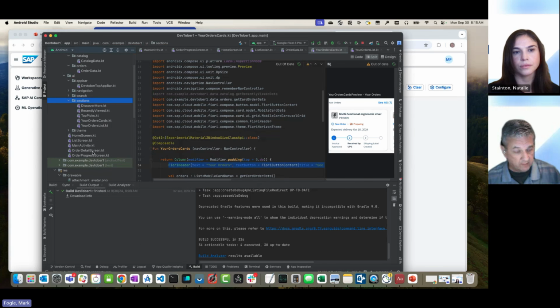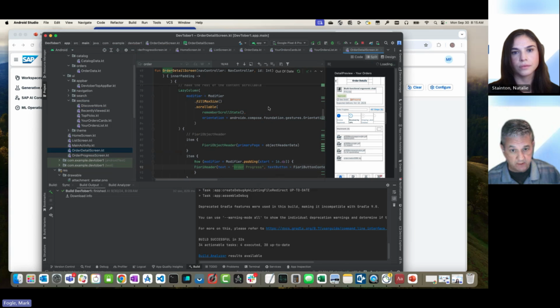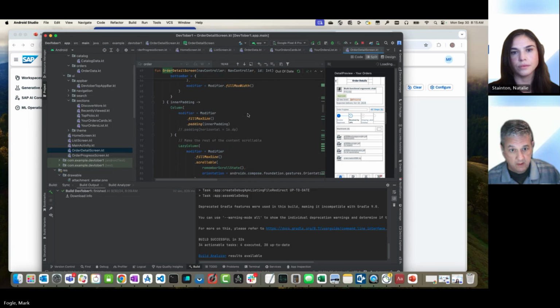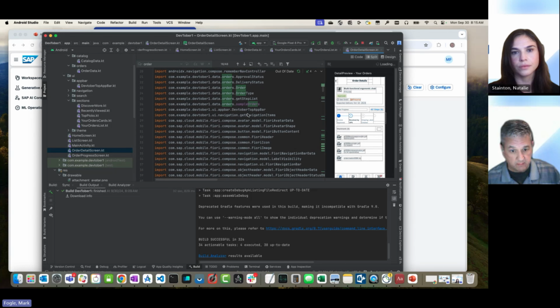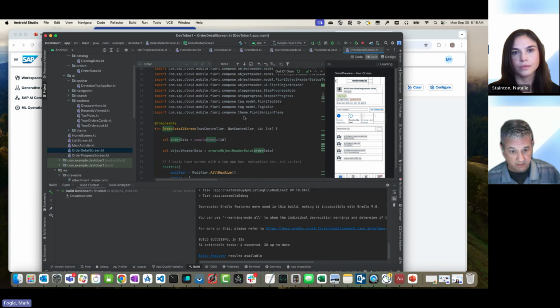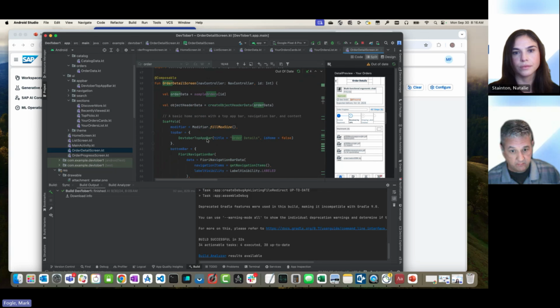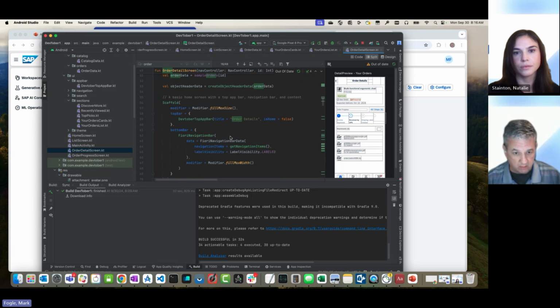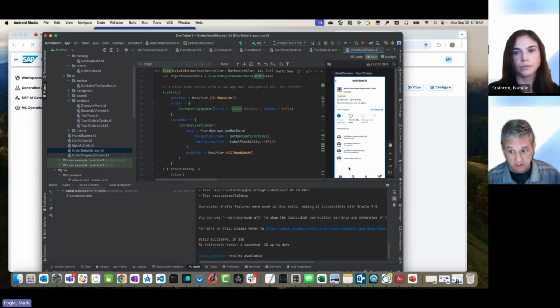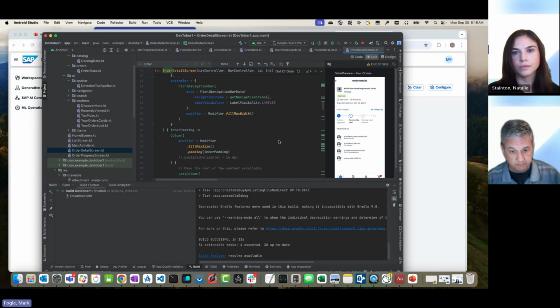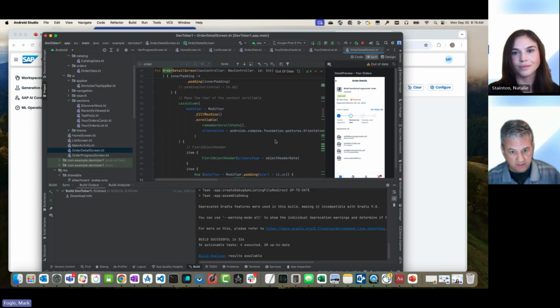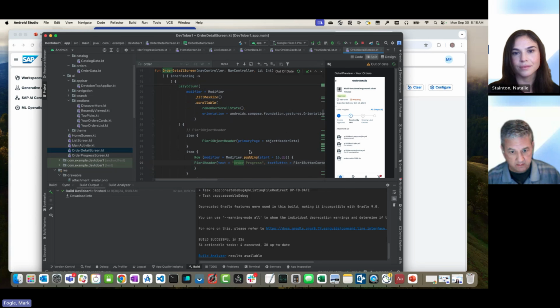So I have an order details screen. And for this, on all of my screens, I actually created an app bar that I share among all my screens, and a navigation bar along the bottom. That's why you'll see all of these look the same. And then I'll populate my object header. So here